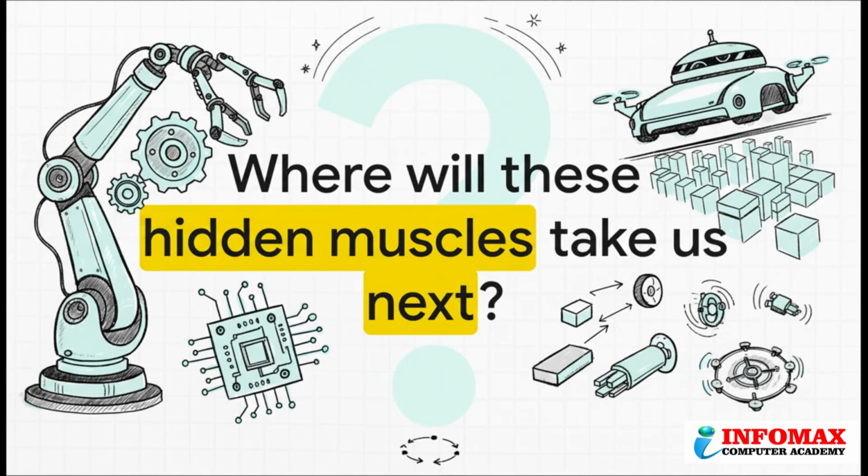And that just leaves us with this really fascinating question, right? As we push forward with stuff like self-driving cars, more advanced robots, and even smarter homes, the job of these hidden muscles is only going to get bigger and more important. The next generation of actuators, they're going to have to be smaller, stronger, and more precise than anything we've ever seen. So it really makes you wonder, what's the next big thing that's going to depend